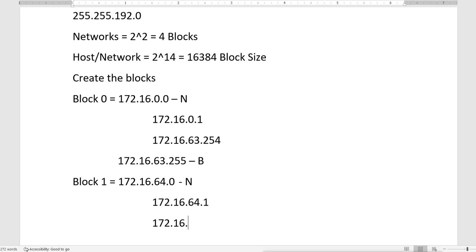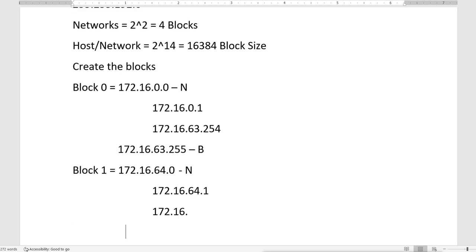Now how much will it go up to? So first count the last IP. The last IP will be 172.16. Now here we have to add again 64. So from 64, when I add again 64, it becomes 128. But because we have started from 0, I will say 127.255 is the last one. So the last usable IP will be 127.254. And this will be the broadcast IP for the next block.